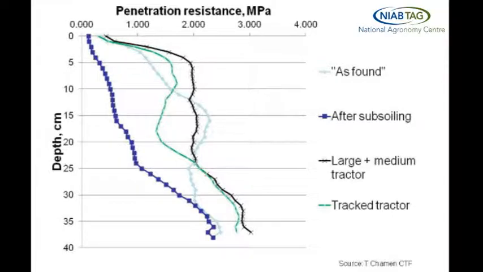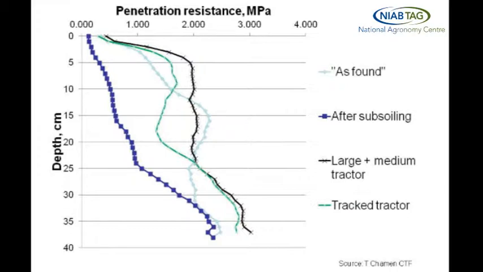We then carried out the subsoiling operation, and it did a very good job of breaking up the soil and obviously reducing the strength of that soil down to a good low level. However, when we came back with a large tractor for cultivations and a medium tractor on the drill, so effectively 2 operations, we actually increased the soil strength to beyond what it was initially before we did anything to the